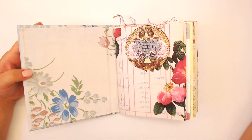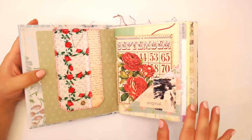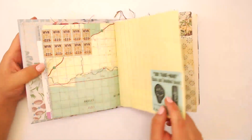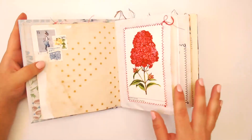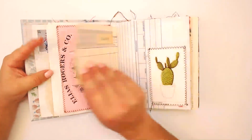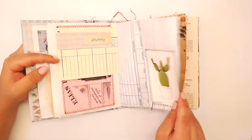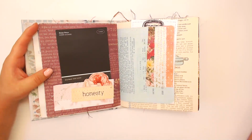So this is junk journal number 20, and junk journal number 20 has 15 pages, 30 total. It measures 6.5 inches by 5.5 inches. It is the smallest junk journal that I have here in this collection for sale. It does have 9 pockets. It also has 26 journal cards and ephemera pieces, and you guys know how much time it takes me to